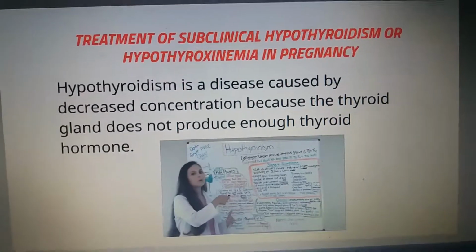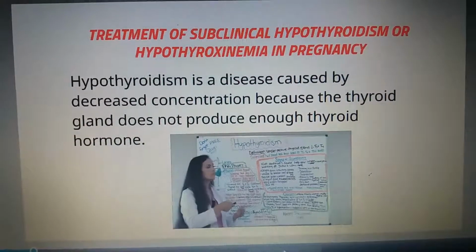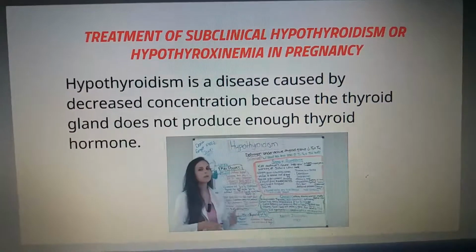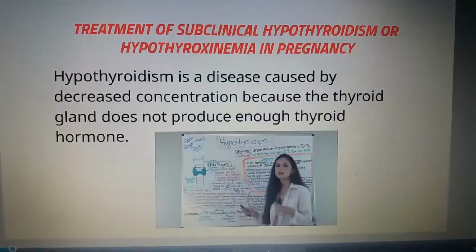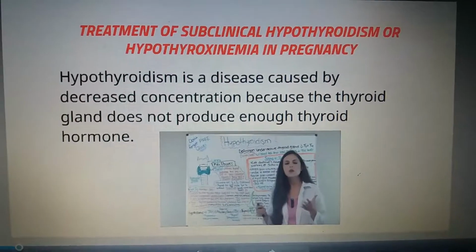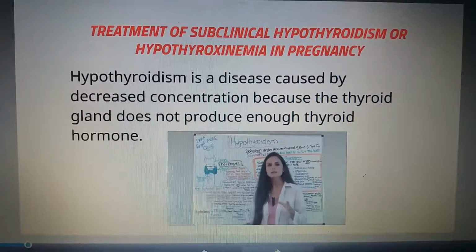How is it diagnosed? Usually a physician will order a blood test and look at your T3, T4, and TSH levels, which is thyroid stimulating hormone, to diagnose this. But first let's cover the pathophysiology, because in order to understand why you're seeing these certain signs and symptoms, the causes,